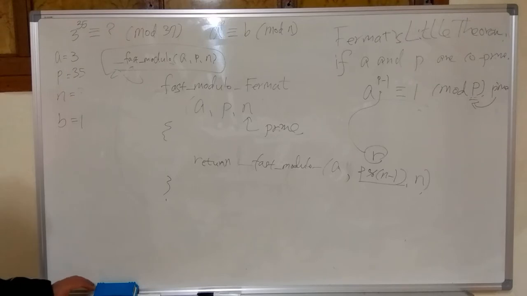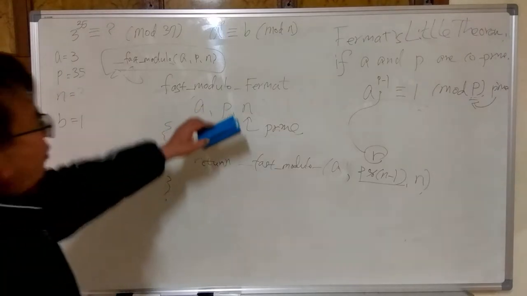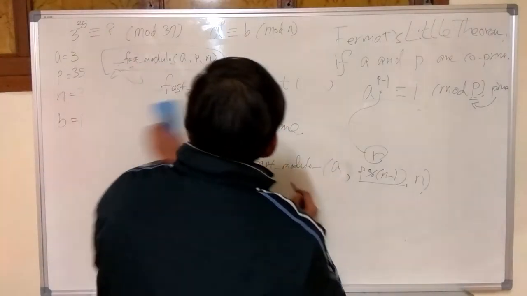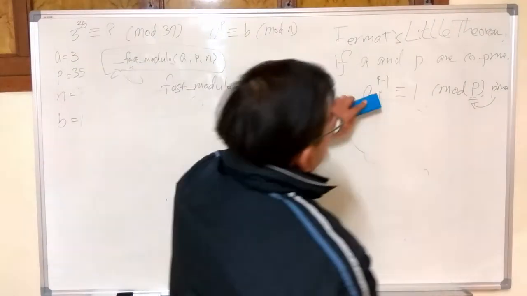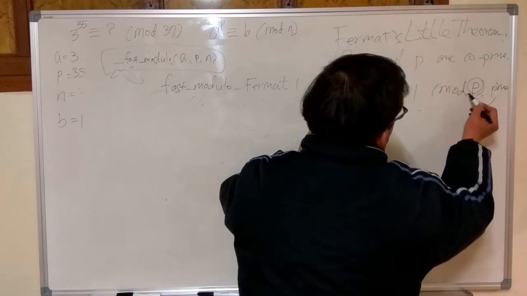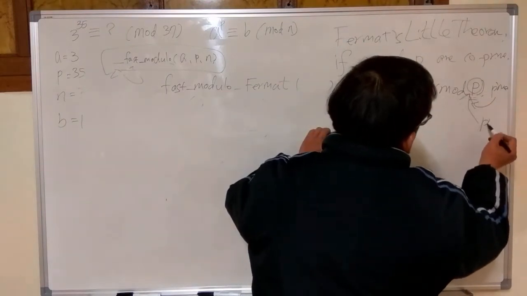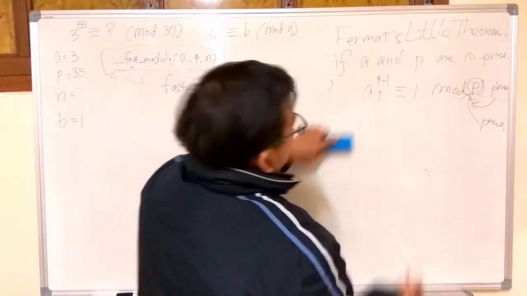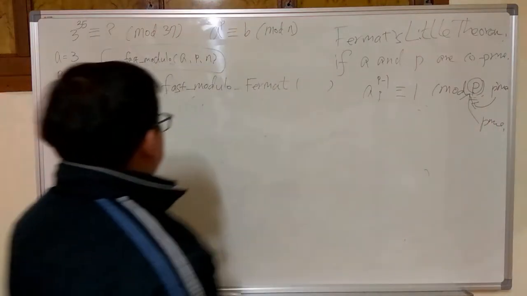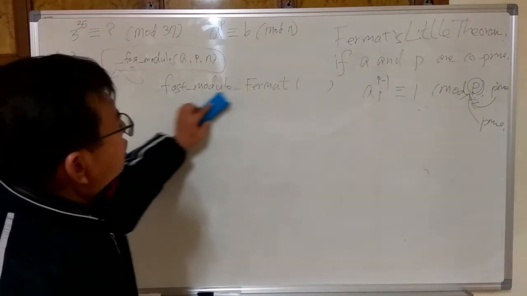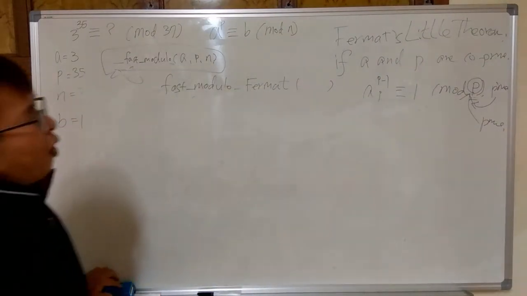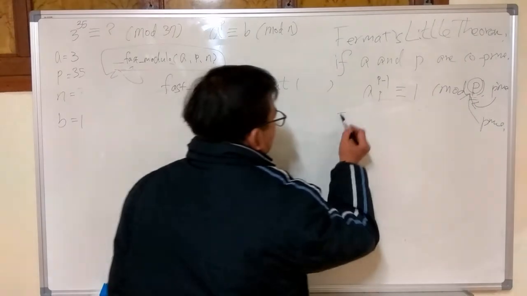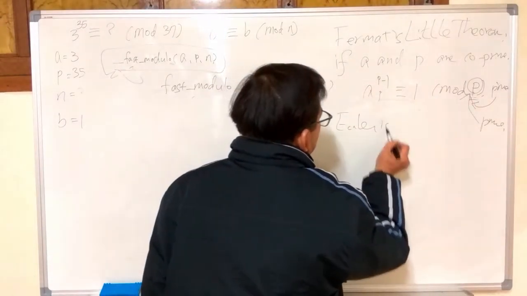Now, this is Fermat's. Now I am talking about Euler's. In the case of Fermat's theorem, this P should be prime. But what about if it is not prime? Then we use Euler's totient function, Euler's theorem. According to Euler's theorem,